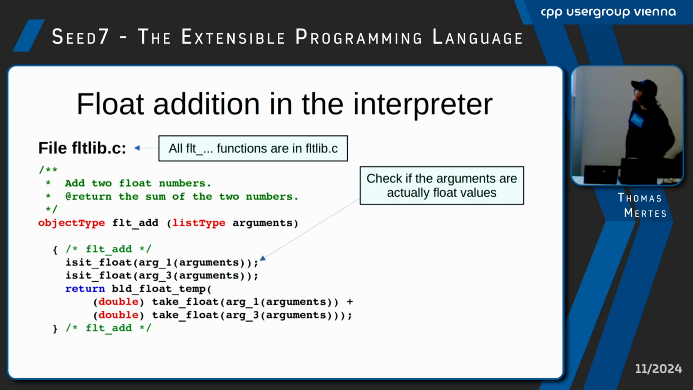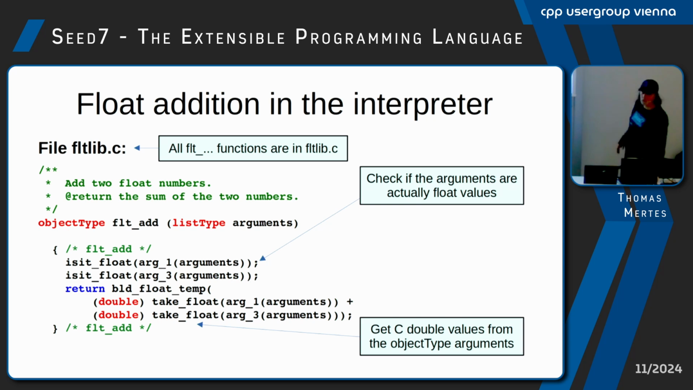So we get the arguments as object types or as generic types, and with this is it float, we check if it is really a float. So if it is not, the program would terminate. But if our declarations of the float operator are correct, this will never trigger. And then we use the take float to take the actual float out, so we get a C double value